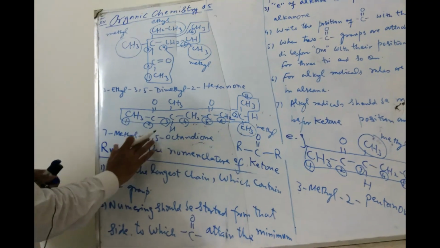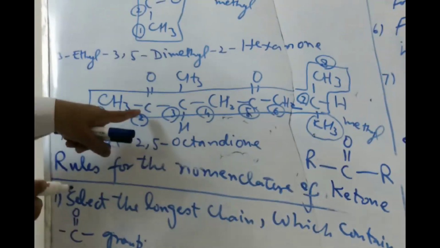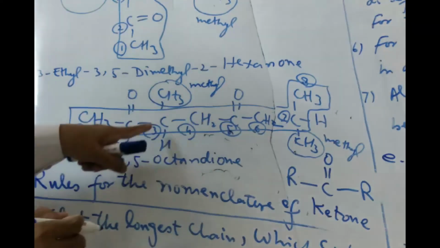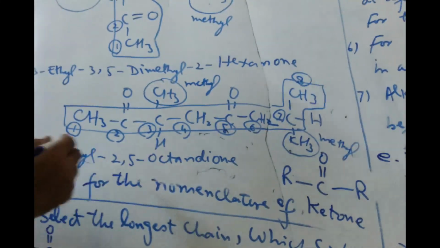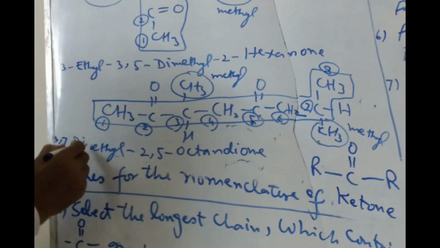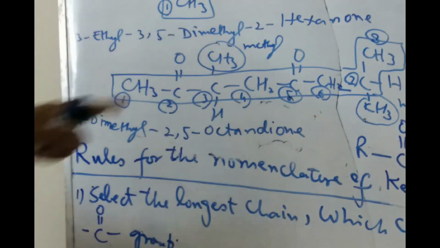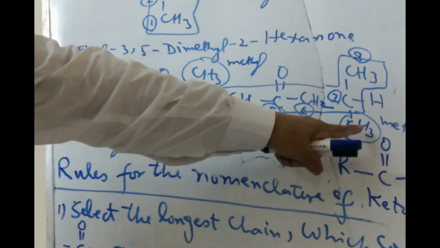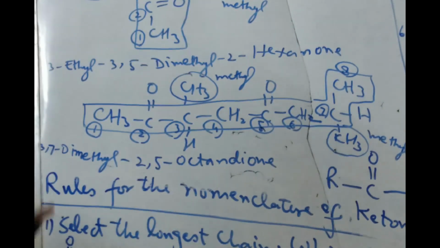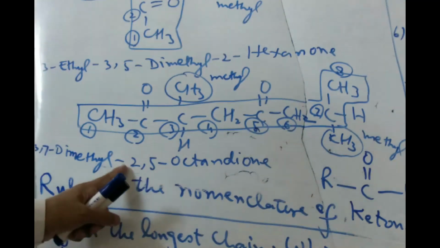So in this case, you can see the position of this is 2, and we have 2 methyl groups. We have 1 methyl group, this one. So this is 3 and the 7. 3, 7 dimethyl. Basically, we have the 2 methyl groups, 1 and this is the second. Therefore, 3, 7 dimethyl, the second position of this functional group, and the 5th position. So 3,7-dimethyl-2,5-octane dione.